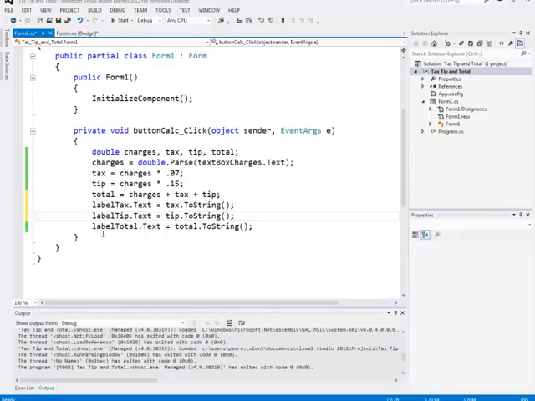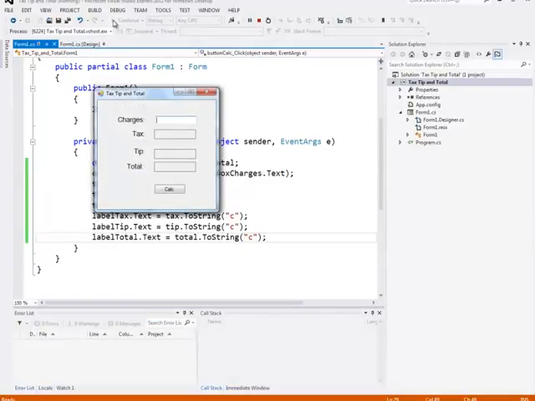Now I want the final total to be displayed in, well, actually I'll display all of them in currency. So to do that, I just open C for currency in quotation, and then that'll display the amount with a dollar sign. So now if I run the program at 100, so I just put the .00. It's not really necessary, but